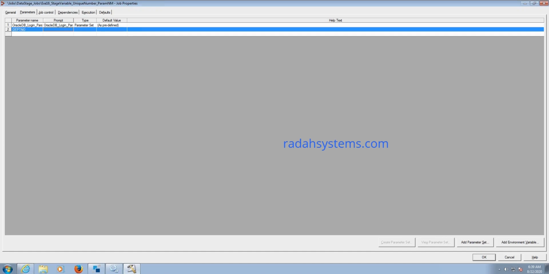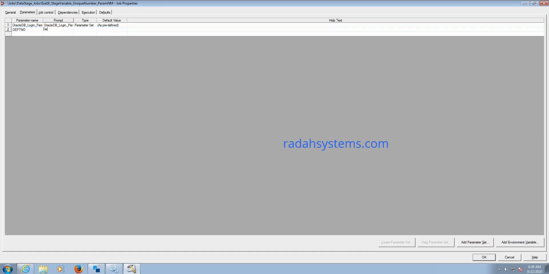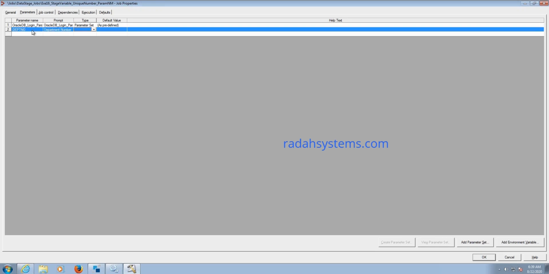What is the prompt value that you want to give? Like, enter a current date or something. Here you can give a department number, and you can mention the full name, like department number. What is the data type of it? It's an integer, right?